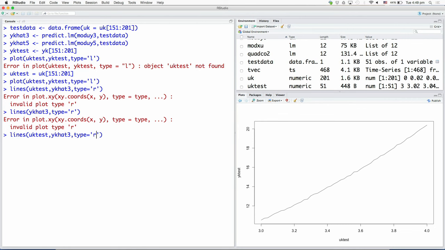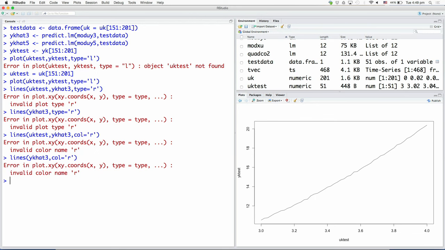Oh, sorry, this is a color. Okay, so let us take a different approach here. Let us plot simply the yk hat.